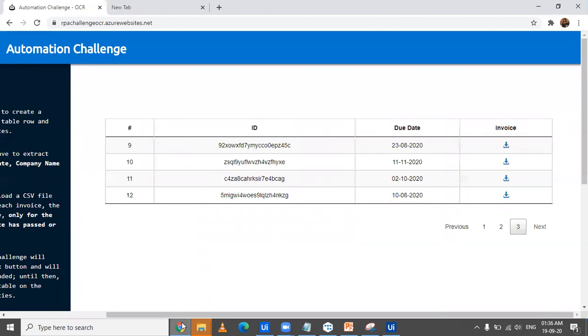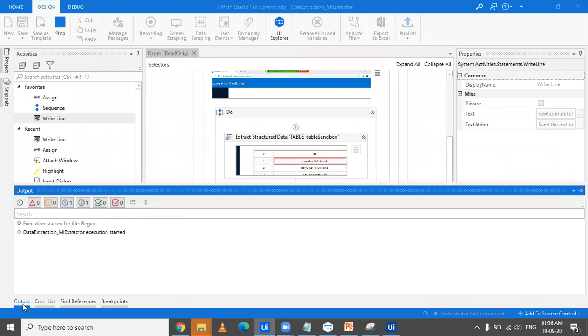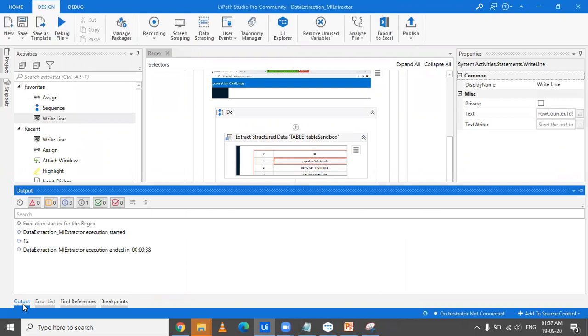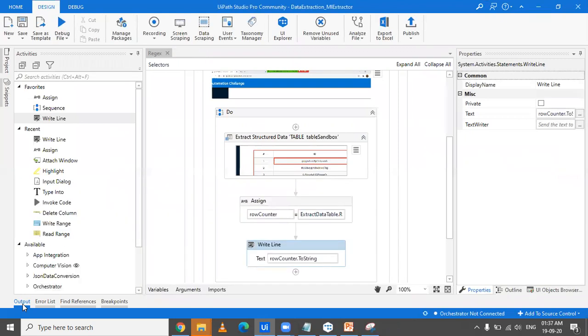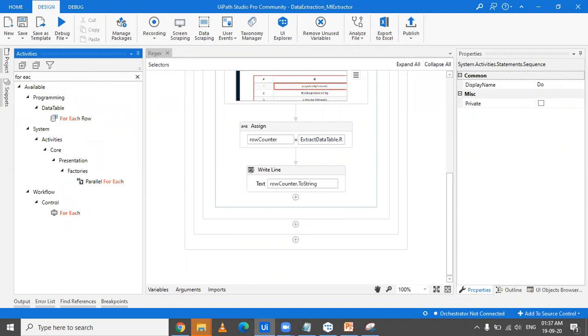Okay, so we see that there are 12 rows. Okay, let's see the output. Okay, it's still executing. So let's wait for us to get the output. Okay, so it's 12. Now let's see how do we iterate. So now because we have the data table, so for each row,